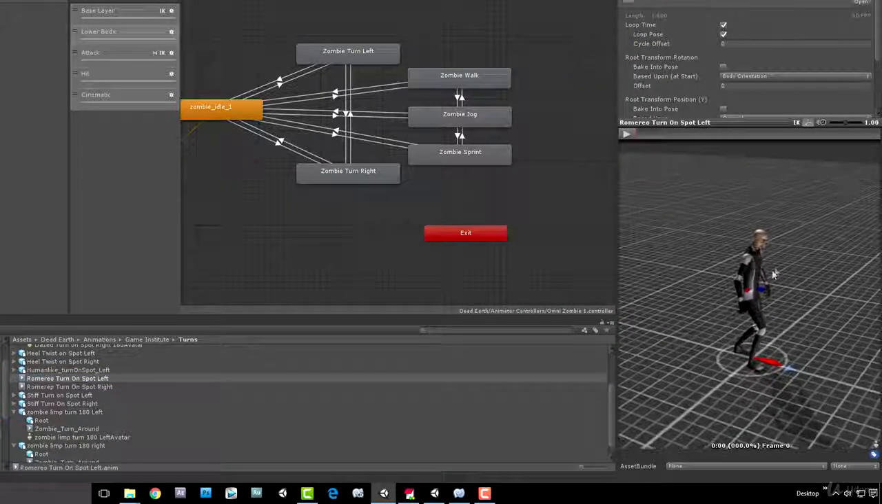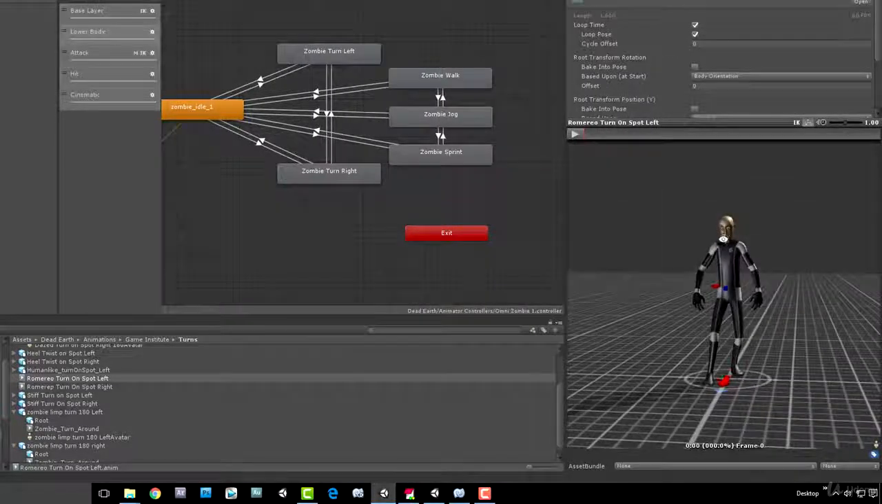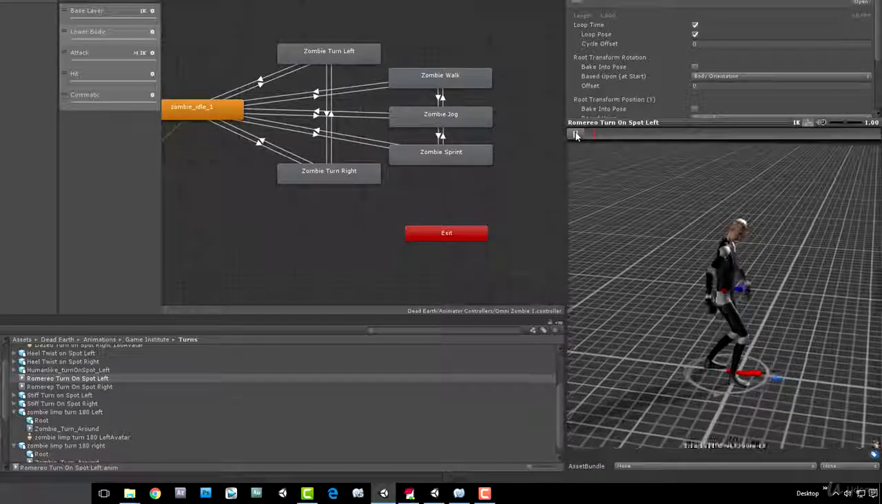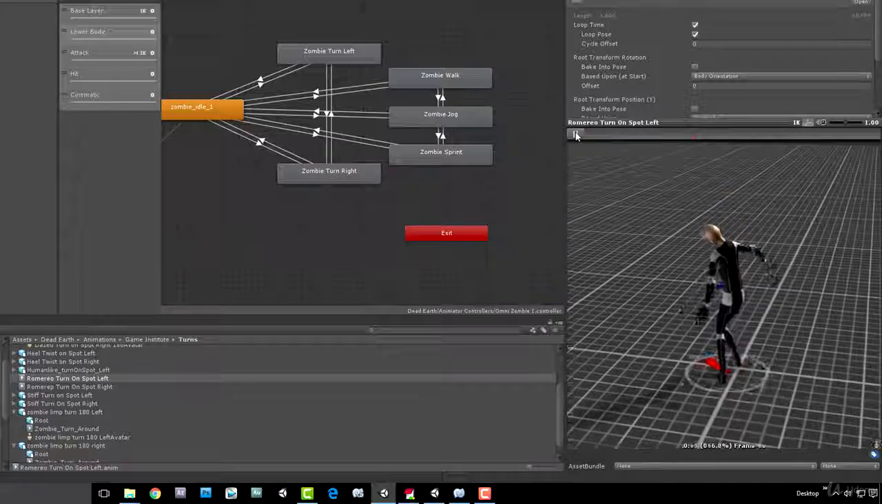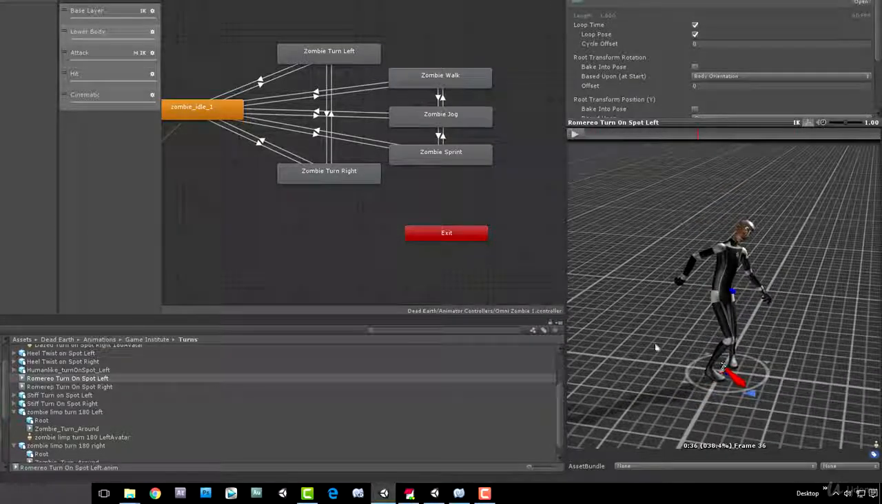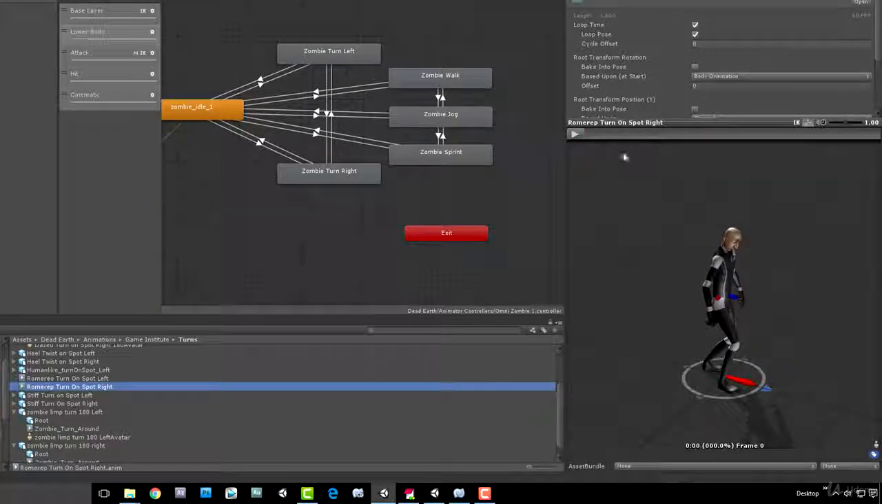Now, a lot of people are kind of split on this animation. I really like it. Some people really hate it. And when I say some people, I mean my boss, Joe Minahan here, Game Institute president. But I like that one because I think it's really laboured, and we can tell that that is one damaged zombie. So I'm going to use this one for turn left,